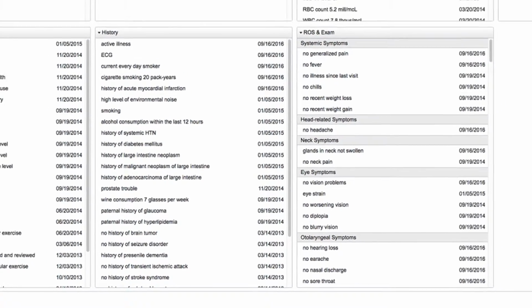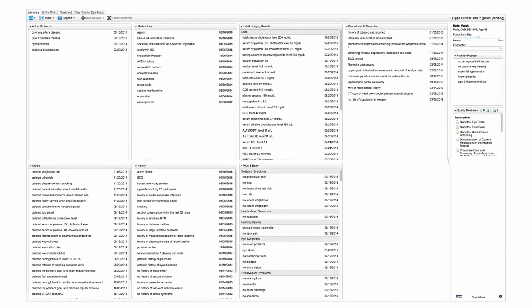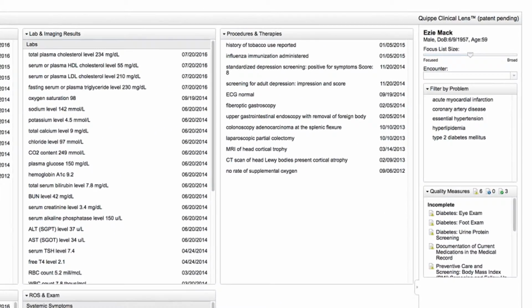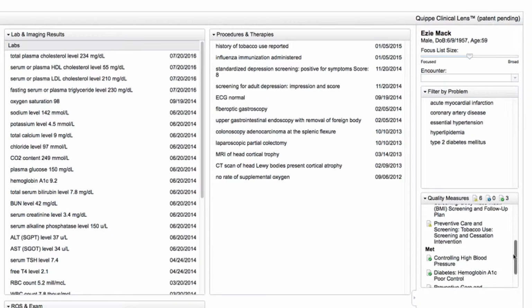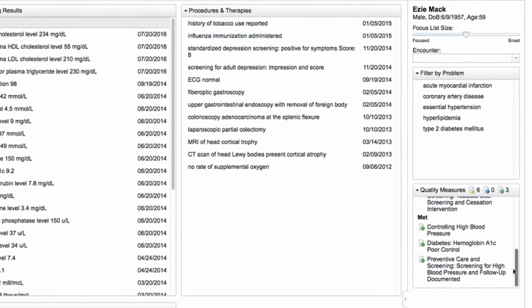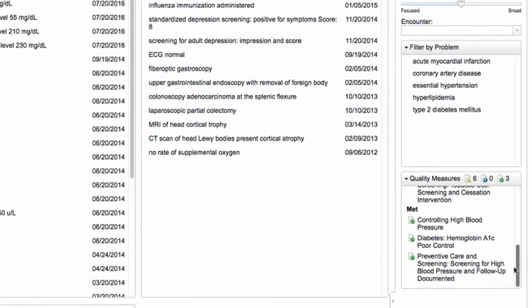And in the background, the system monitors what MACRA, MIPS, or meaningful use clinical quality measures are being met. We can see that this provider has opted in to several MACRA-related quality measures, including diabetes, tobacco use, and BMI. And as we enter data into the chart, this panel will be updated with the measures that become met, unmet, or pending. Some of these measures have already been met when the nurse started our note, and with the existing